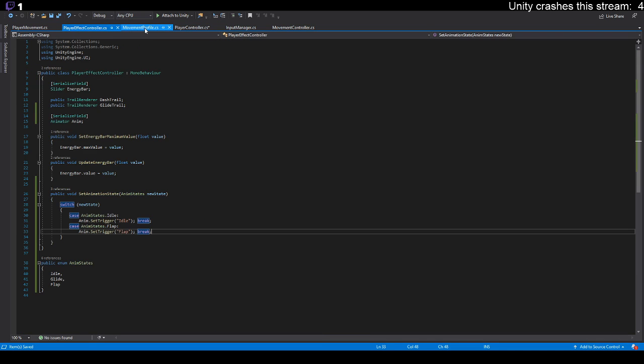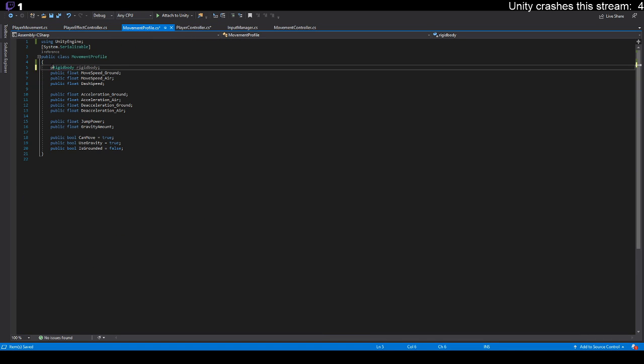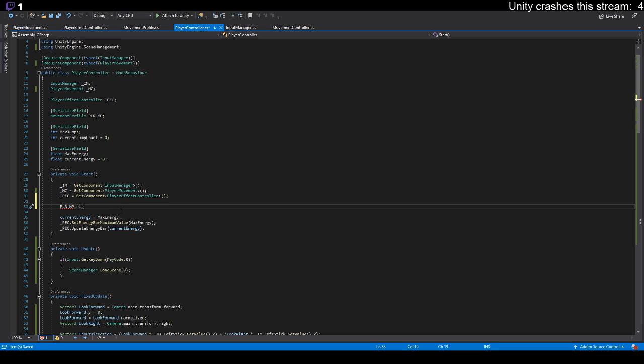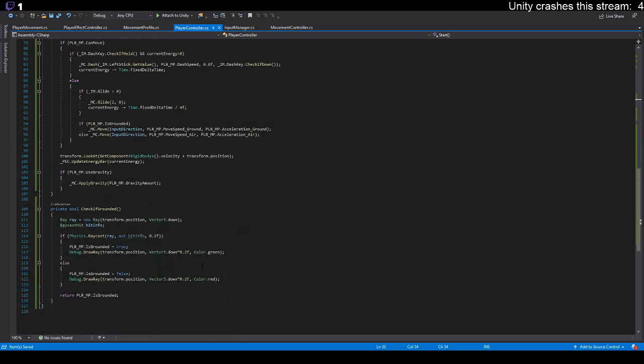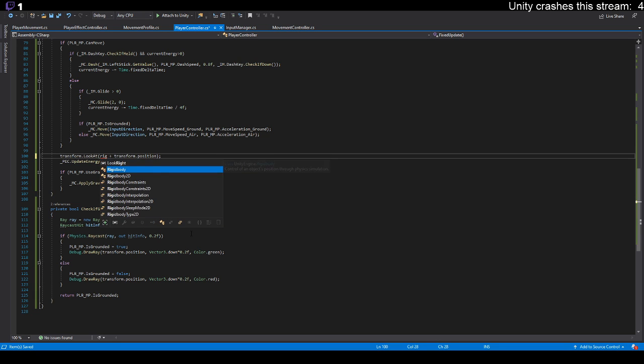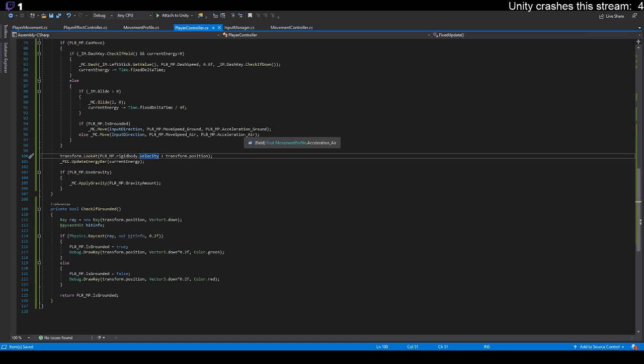You know, it does need to be public. That is a thing that needs to be done. Public. Public rigid body. And I should just be able to say rigid body equals get component rigid body. And then I can do transform.look at plr.mp rigid body dot velocity. And that'll just make it a little bit easier to